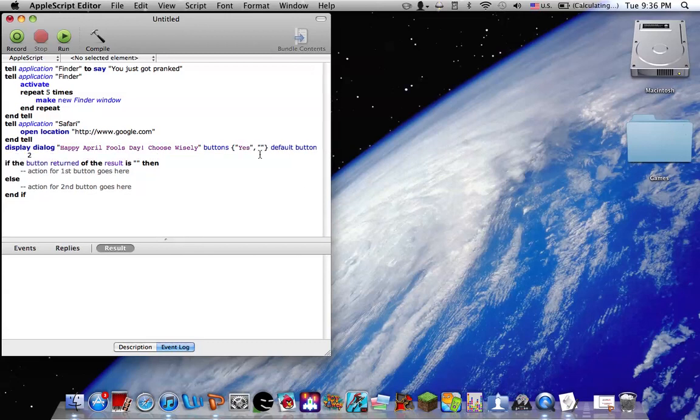And I usually like to type in yes, no. You could type in okay, cancel. And then I usually like to set it to 1. If you set it to 1, the yes button will be highlighted. If you set it to 2, the no button will be highlighted. So